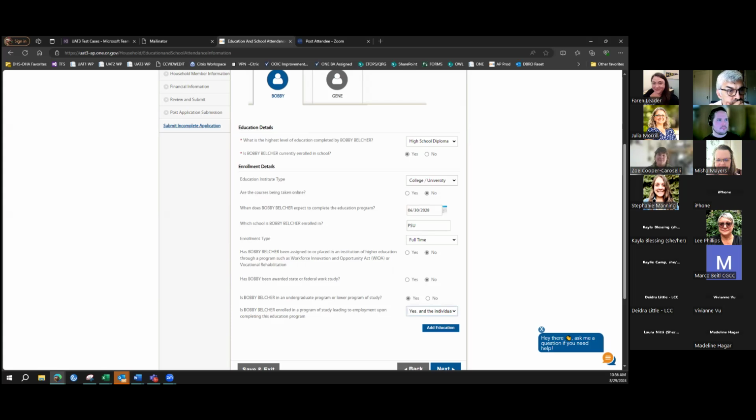Particularly at community colleges, students' enrollment type changes every term sometimes, as in they might be applying in July, knowing they're going to be back to school in September, but they're not registered for their fall classes yet. And they don't know if they're going to have a full-time, three-quarter time, or half-time course load. That can change every term. And so we often do our best guess on this question when I help students with this application because it's so rapidly changing.